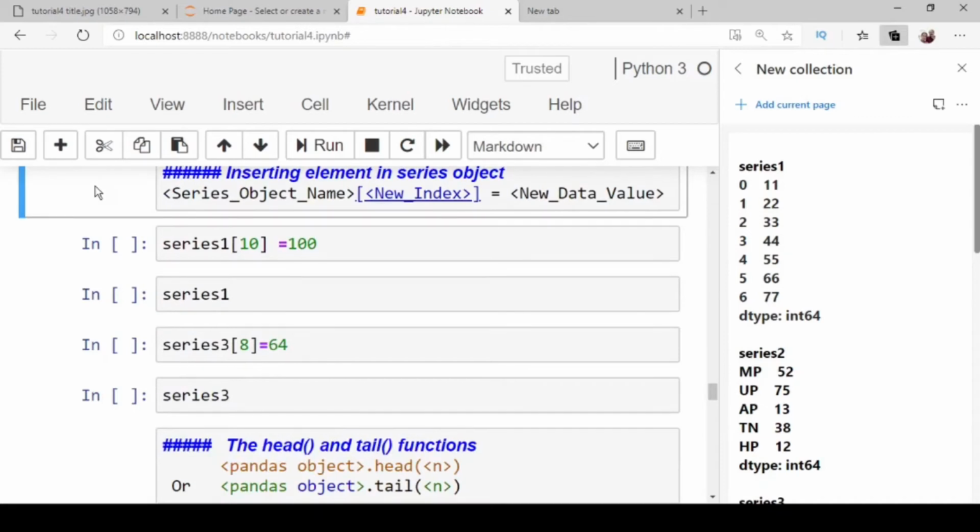Inserting an element in a series object. You can easily insert a new data value in the series object at a new index by the following syntax: the series object name, within square brackets the new index number, is equal to the new data value.